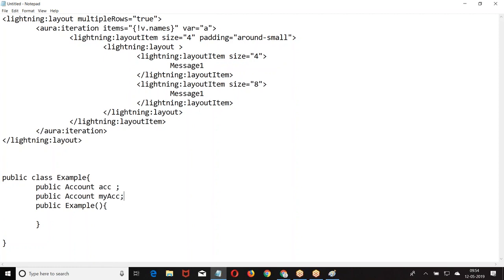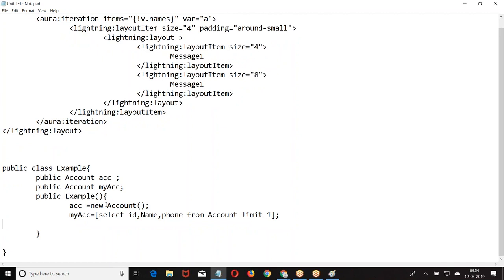Now, there are two ways of doing it. One, I am doing ACC equal to new account. The other one, I am doing ACC equal to something else. Is it also valid?